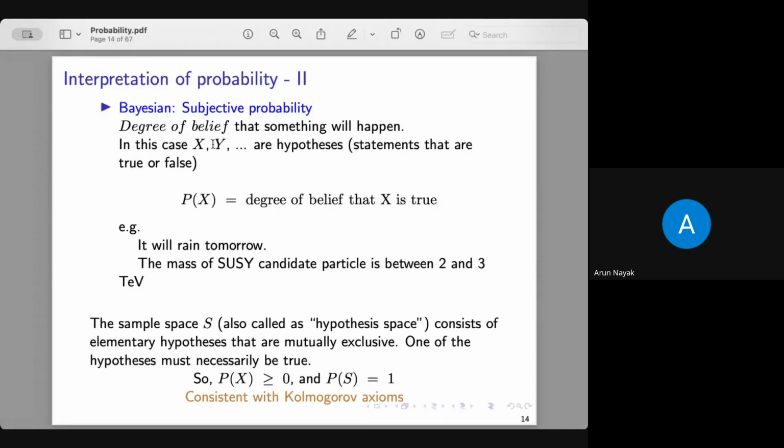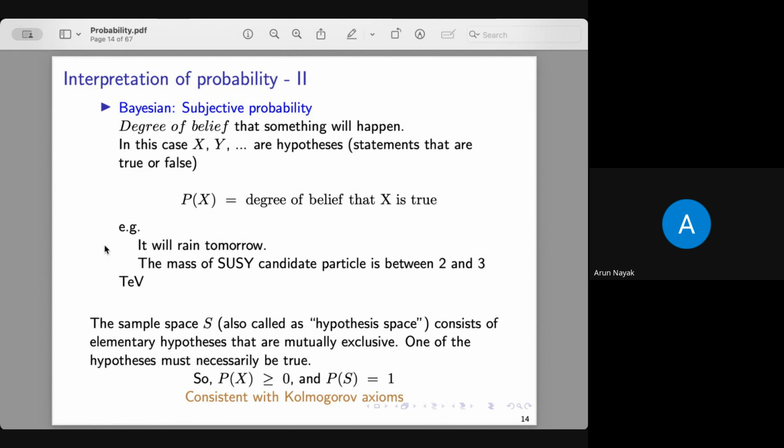The outcomes x and y are basically hypotheses, or statements that are either true or false. Here you can assign the probability P of x as the degree of belief that x is true. For example, if you ask what is the probability that it will rain tomorrow, you cannot predict that using